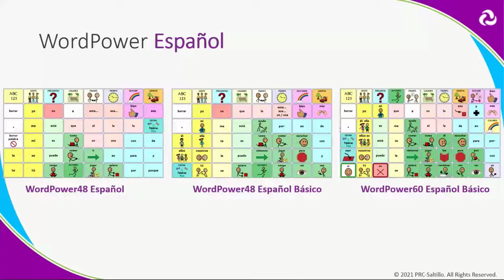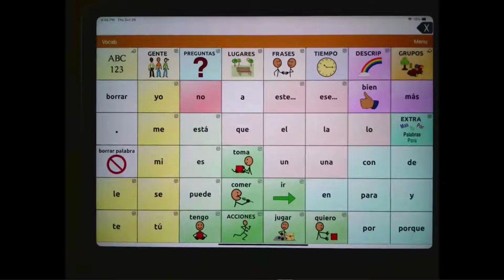And so I'm going to share my screen now. I'm using my iPad today with Touch Chat, and then I'm using a Bluetooth mouse. So I'm going to try not to move too fast, because sometimes if I move the mouse too quickly, it gets blurry. So let us know if it looks okay to you. But this is the first WordPower 48 Español. And this file,